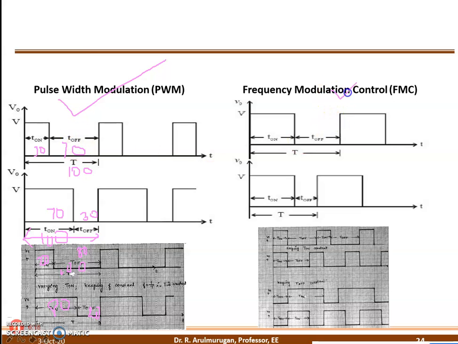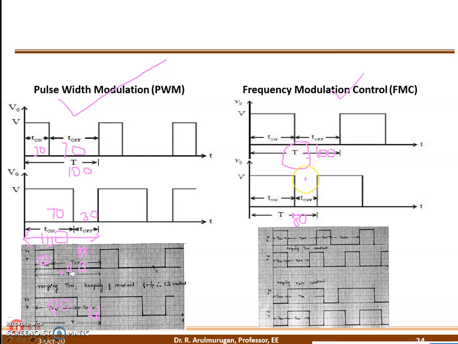What about frequency modulation? In frequency modulation, the total time is going to change. For example, the total time is now 100, and I reduce it from 100 to 80. See, I vary the total time. What is the total time? It is the combination of these two. I do not touch the on time or off time directly. I touch the total time, so the on and off times vary automatically inside.